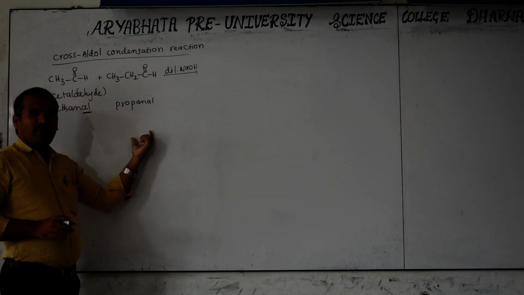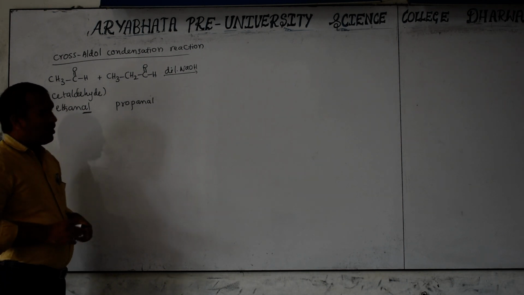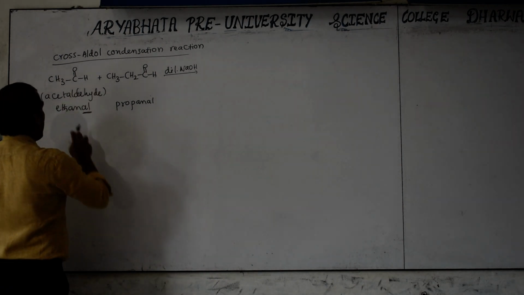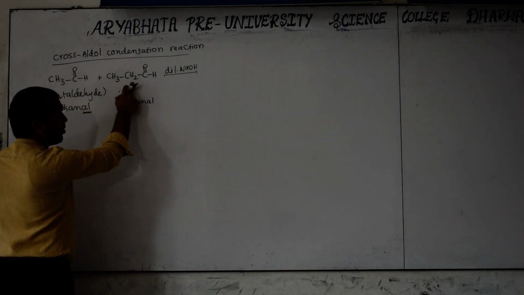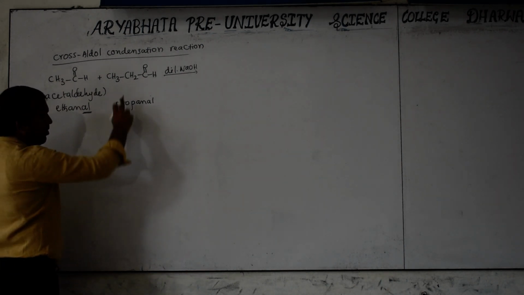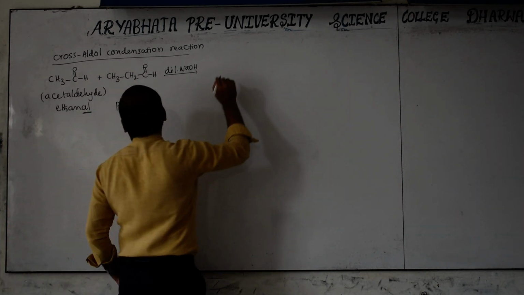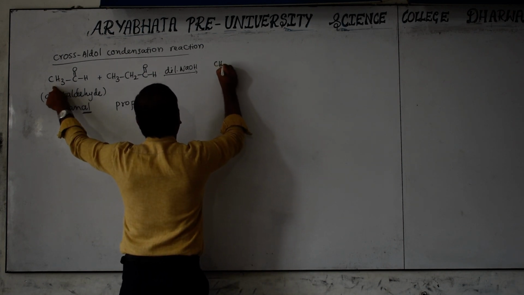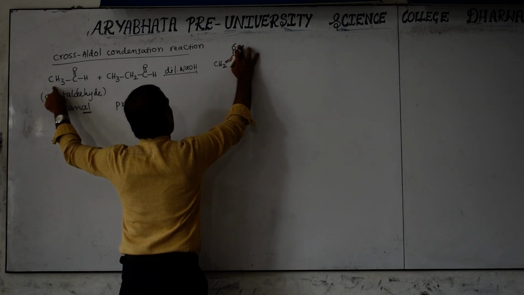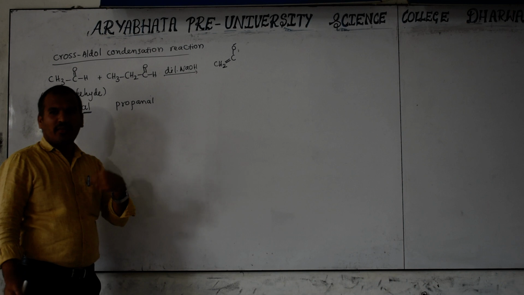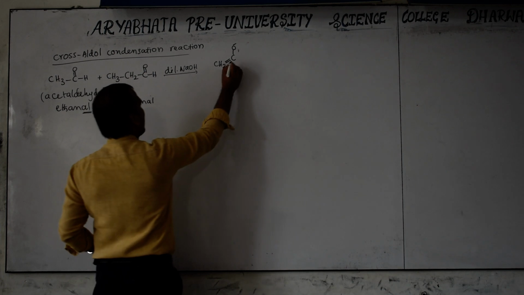In the last class I explained the mechanism also. In that, enolate is the intermediate. So what possibilities are there here? This carbon's hydrogen can also form an enolate, and this aldehyde carbon can also form an enolate. Now carefully observe what types of enolate are possible, CH2 double bond CO minus with this carbon enolate. If you observe the mechanism, only then will you know this.